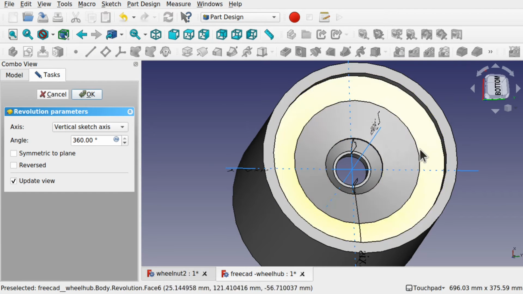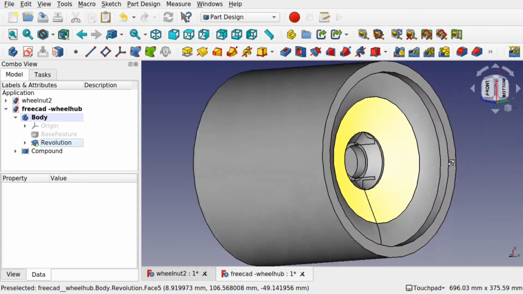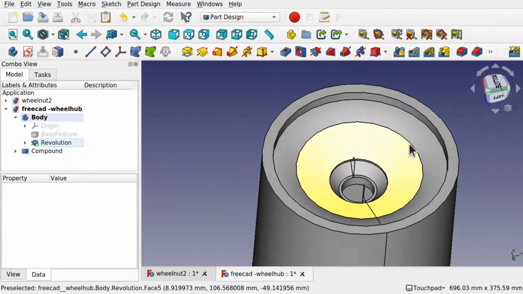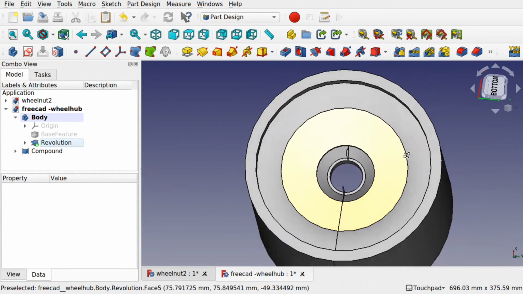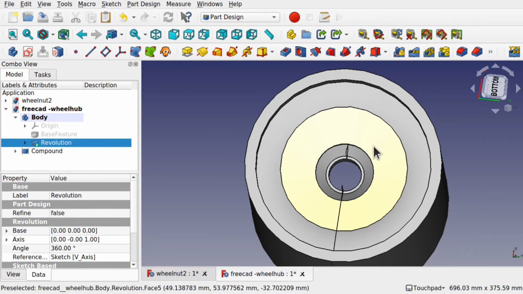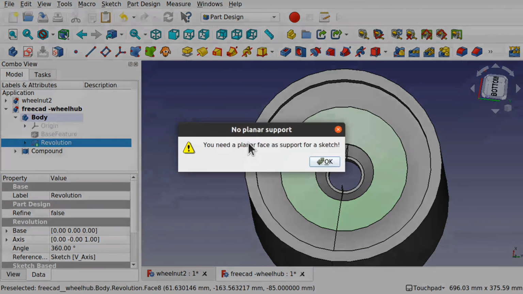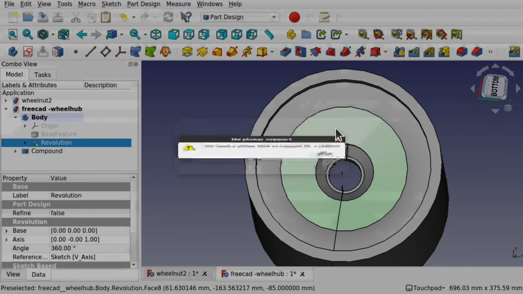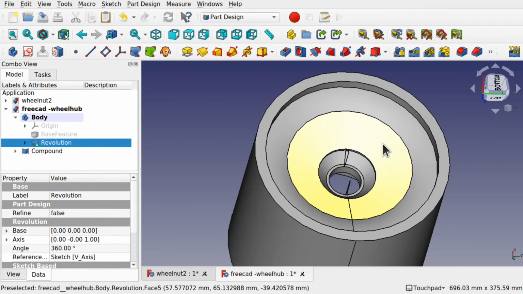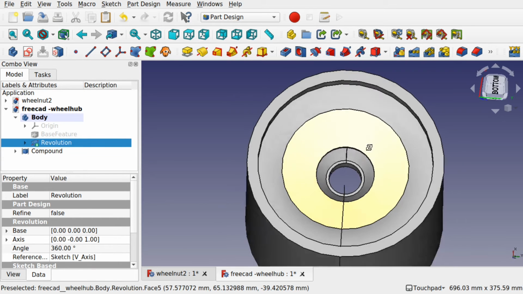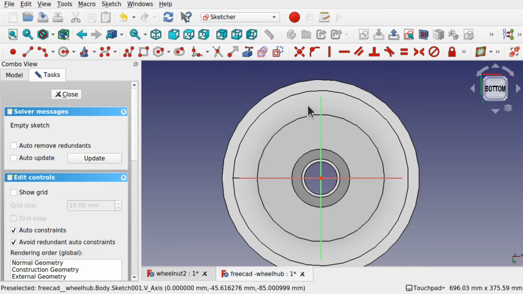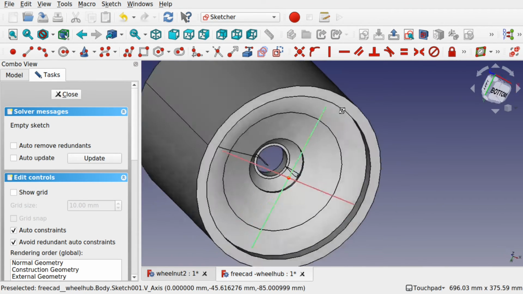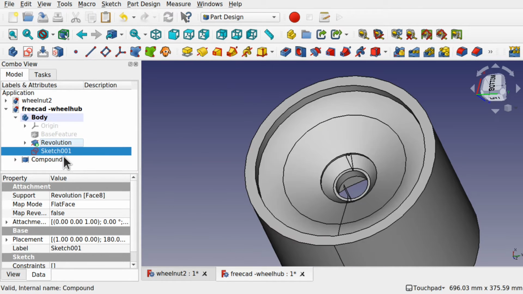To add the spokes, we need a planar face. Let me OK this and have a look at the faces we have. At the moment, we have a curved face here and a flat face here. So if I try to add a sketch to this face, click on the sketch, it will tell me it's not planar. That means that the face doesn't reside on a plane. It's not flat across that plane. Whereas this one is, so if I add a sketch upon here, it will allow me to add that sketch upon that plane. Let's close that and